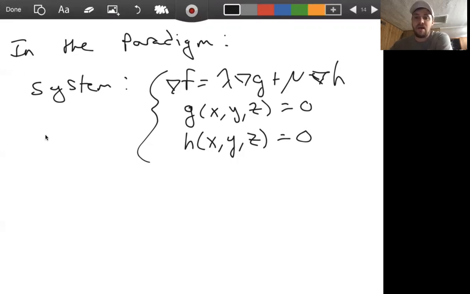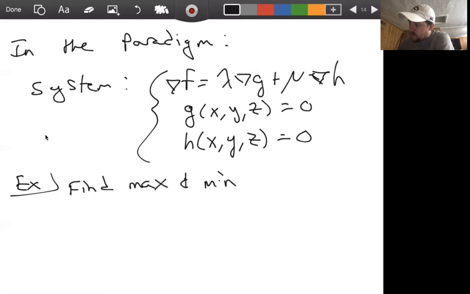You still identify the objective function and the constraint functions. You still set up this system by calculating gradients. You still solve the system. You still identify maximums and minimums. So let's do an example for two constraints. Let's find max and min values